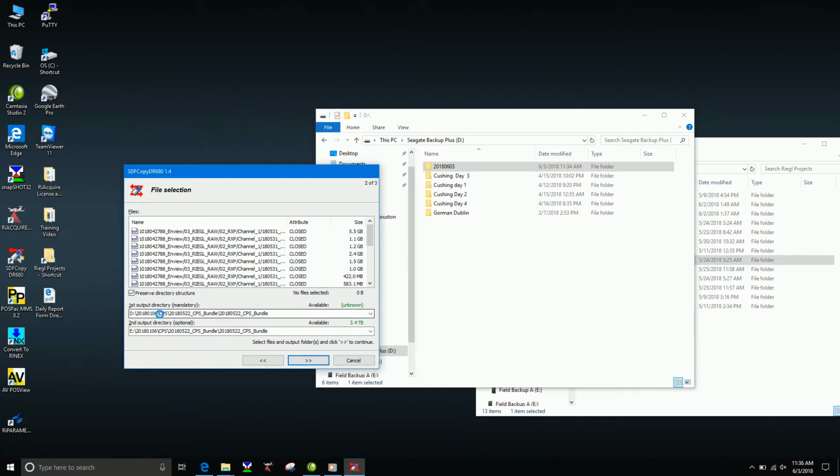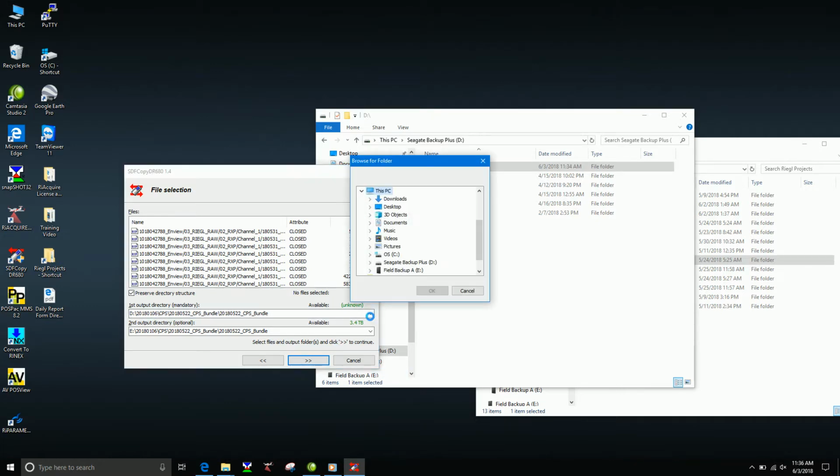And then for output, you've got first and second output directories. You need at least one. We are going to do two, so we're going to make a copy from that acquisition drive and put it onto both of these drives, into the same folder that you just made on them for today. So you're going to click on here and choose where you want it to go. We'll have one go to the shipping drive,